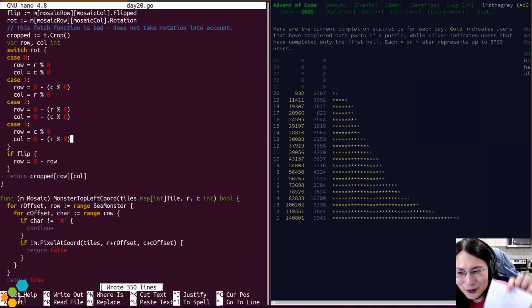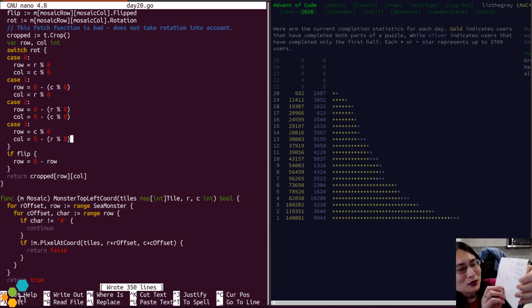So, okay. If it is flipped but not rotated, then my row is always flipped.